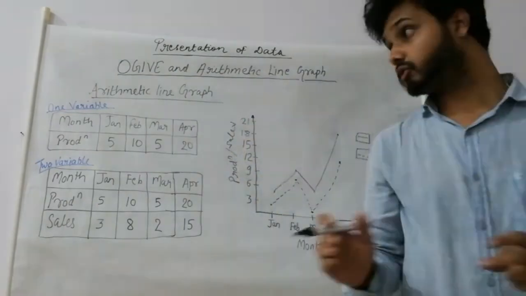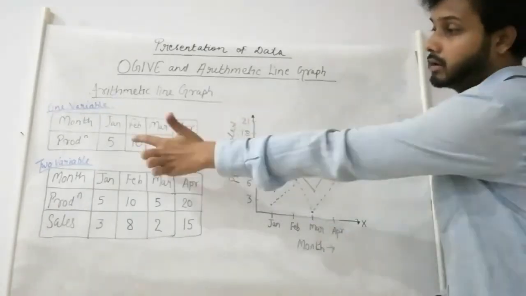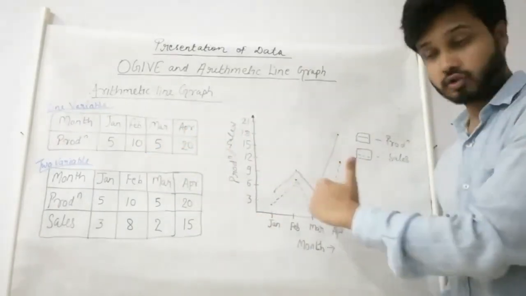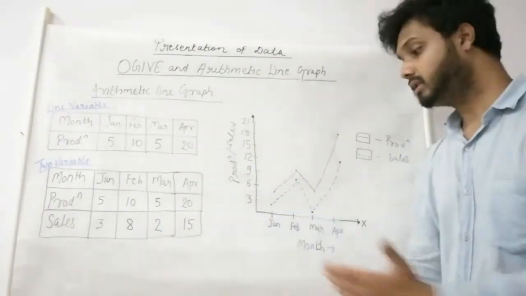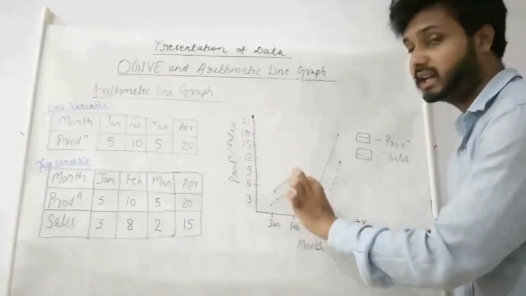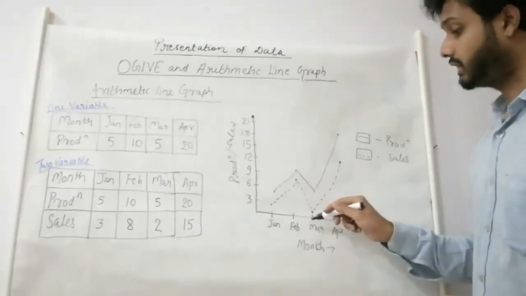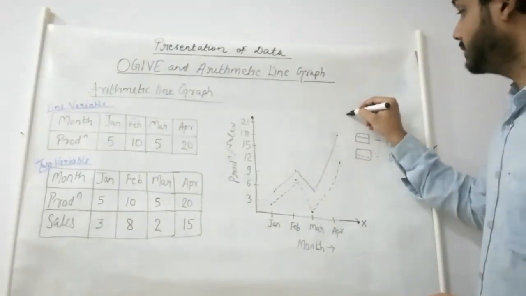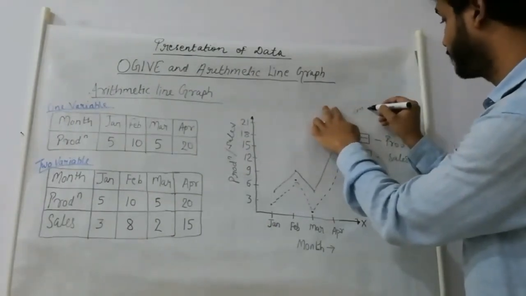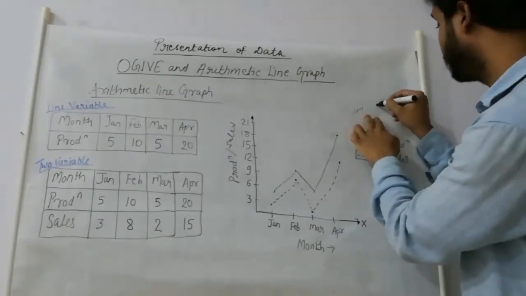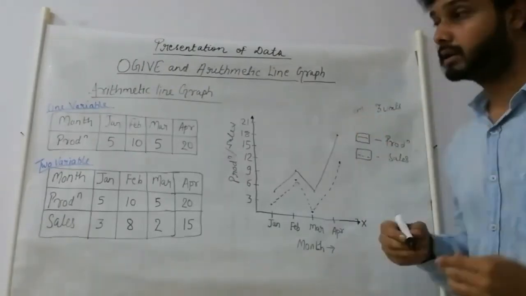So students, this was about arithmetic line graph. Easily you just have to point out the information that is given and at last join this with a line. If one variable is given, one line will be made. If two are given, just make two lines and make a different form of line so that you can differentiate. Here we can write the gap we have taken, that 1 centimeter is equal to 3 units. We have taken the gap of 3, so write 3 units here and your diagram will be completed.